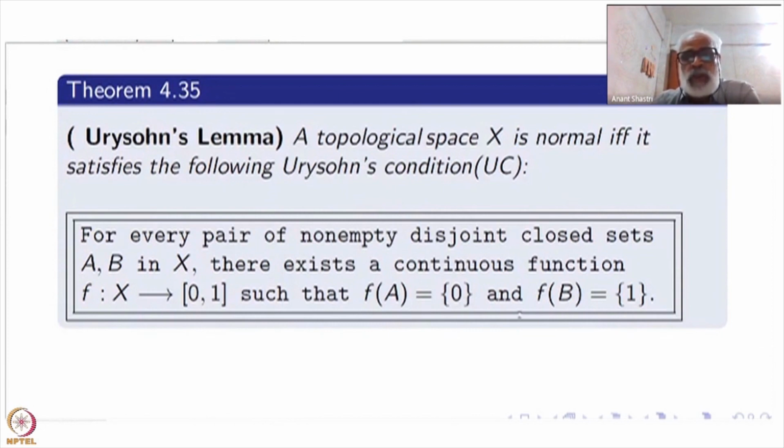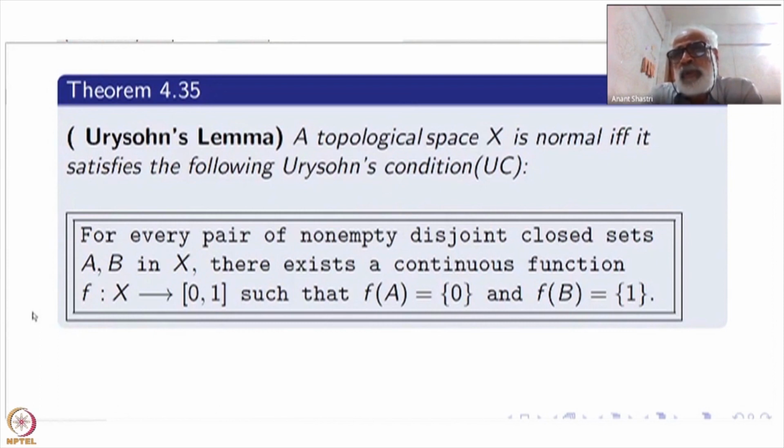Similarly, B has to be non-empty. For that reason, we have to assume that they are non-empty disjoint closed sets. Otherwise, in the definition of Urysohn's normality,